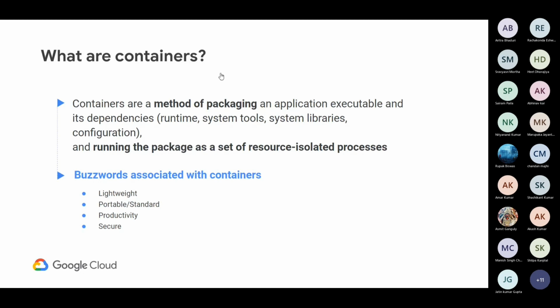Okay, thank you. So let's say I have given my friend my code files and sent him the instructions to run those codes. So he will run those codes, and most of the time you will face an issue, and you will say, those codes run on my machine. So the problem here is that other than code dependencies, there are